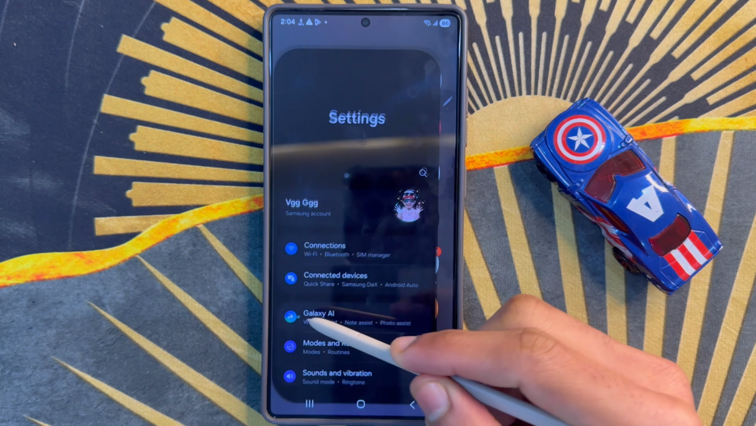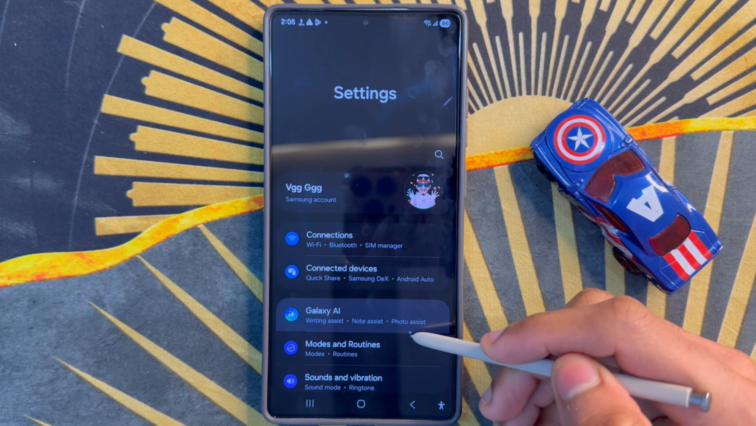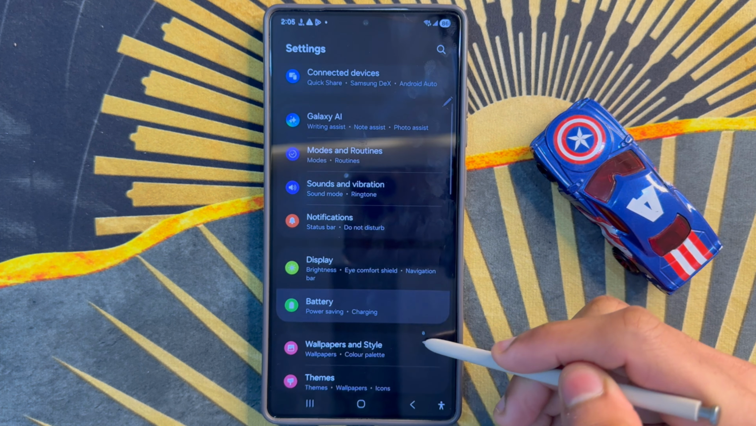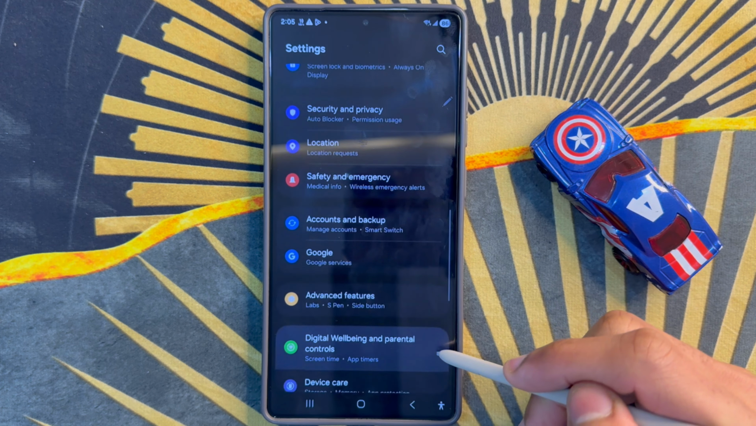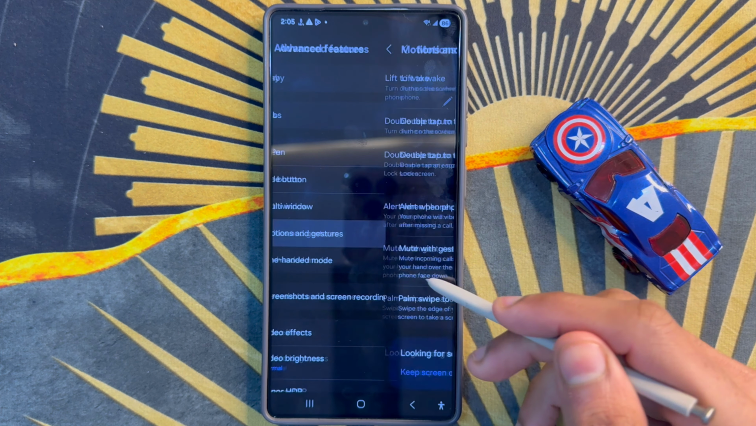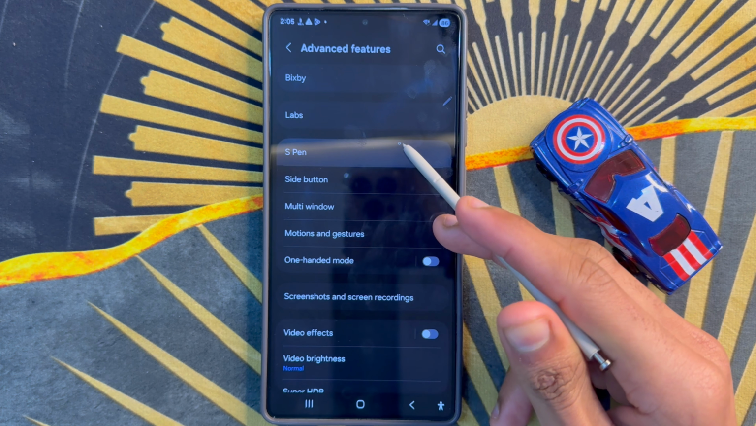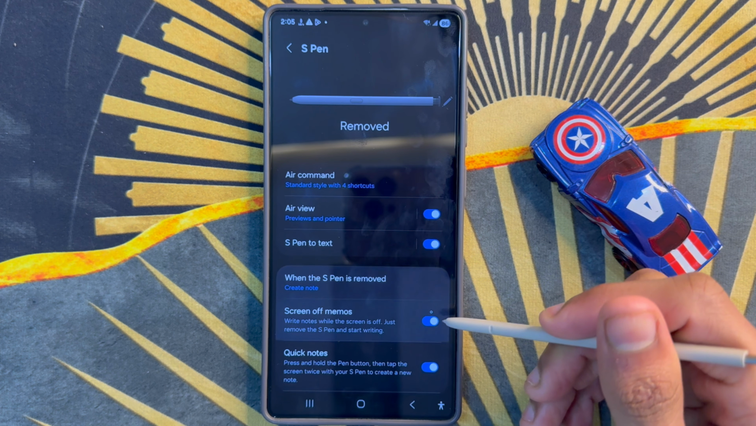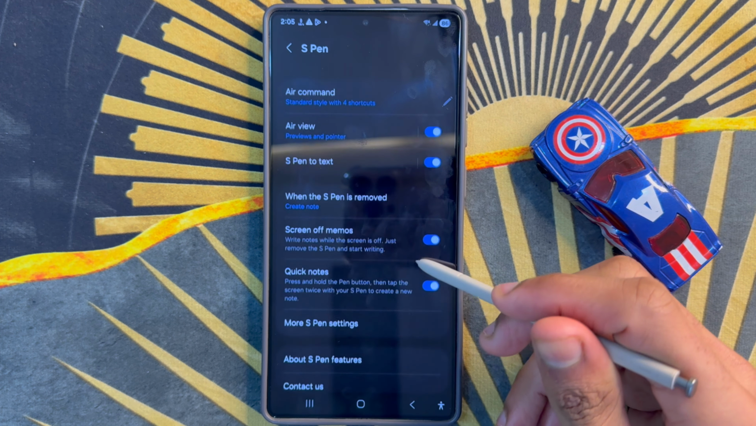Here click on Settings app. Now in Settings, scroll down and click on Advanced Features. After clicking on Advanced Features, you will see S Pen, click on it. After clicking on S Pen, scroll down